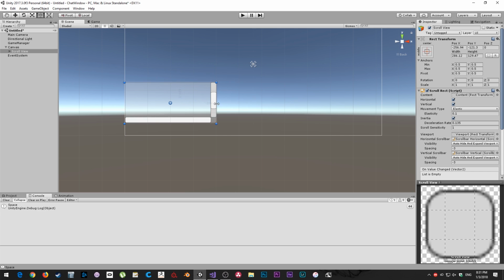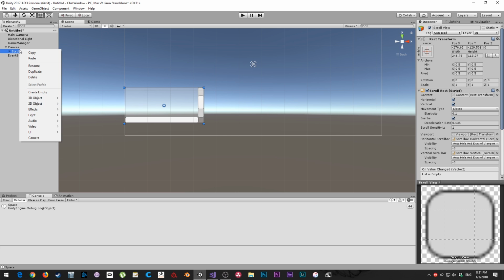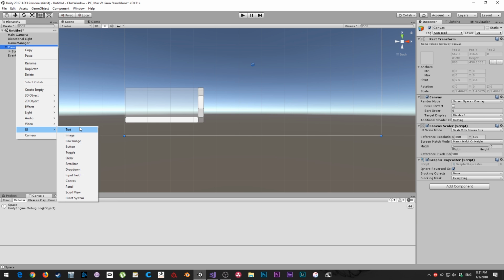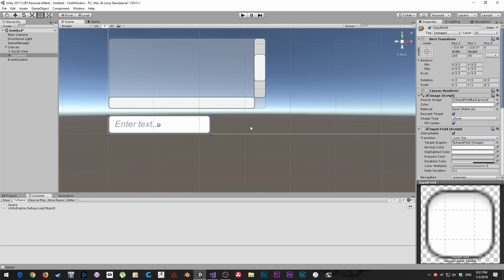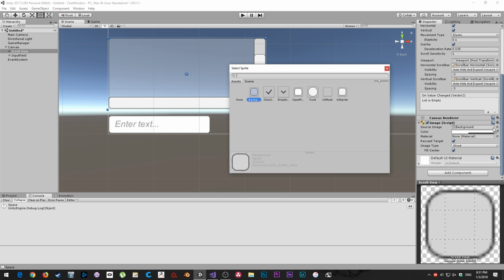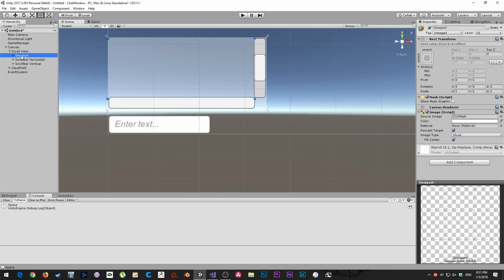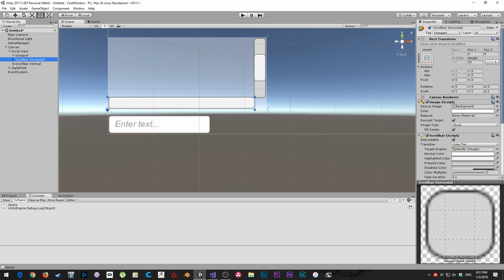Let's make it like, maybe like that actually. That probably works. And then we're going to also create a new UI input field, which will be useful for later. Now just very quickly run through and get rid of all the image elements on the various game objects in